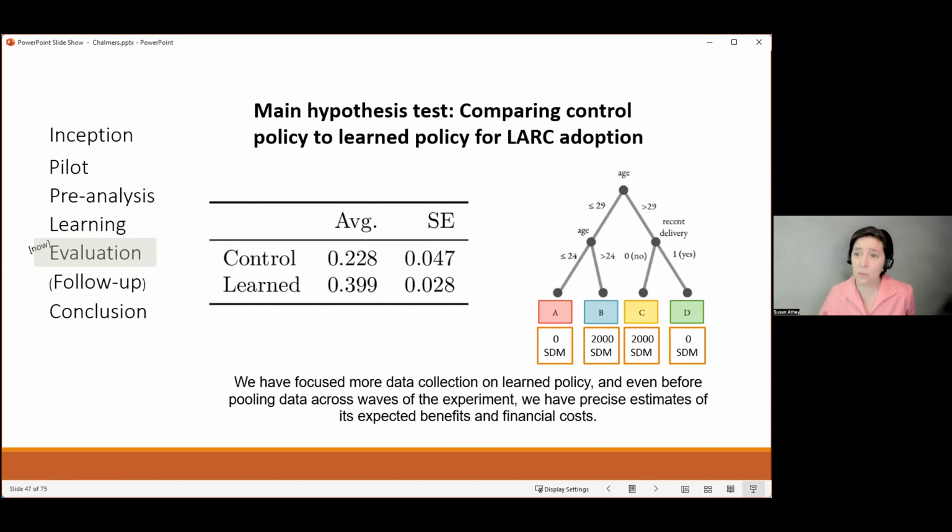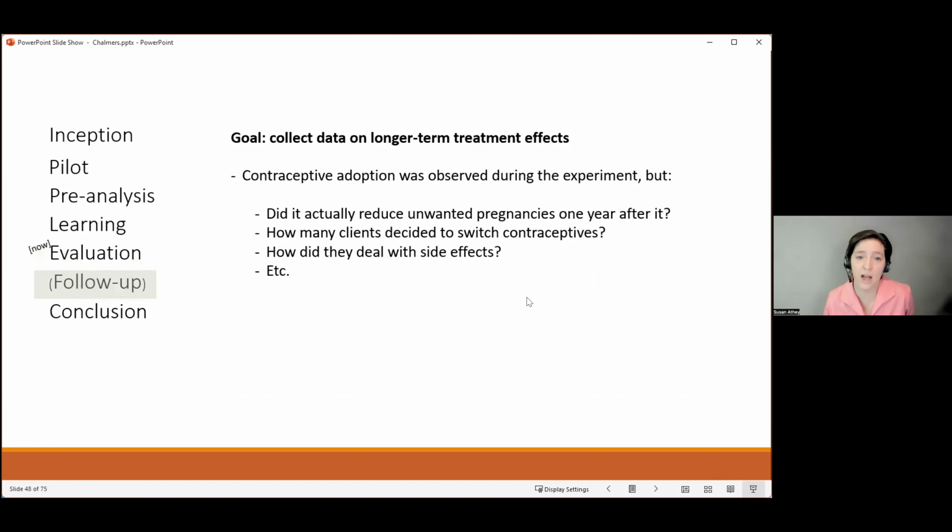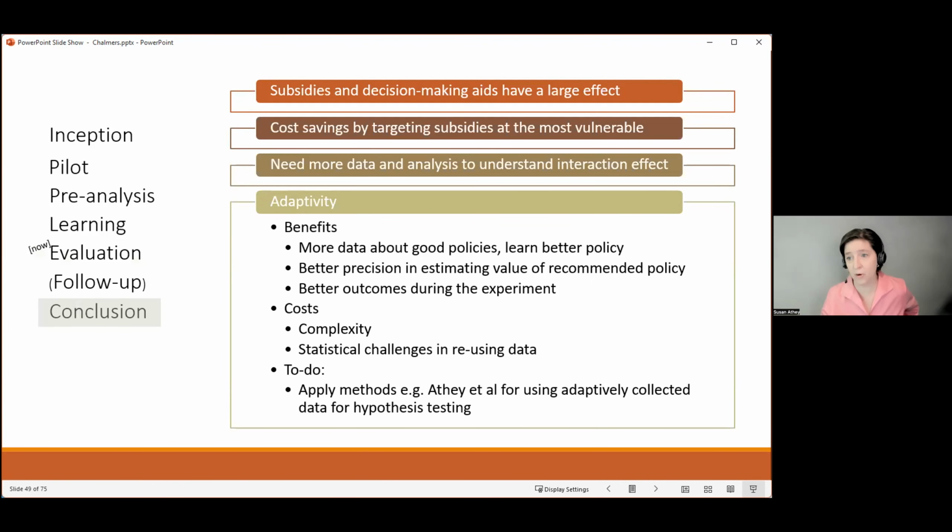Now, you might want to go back and say, well, I'd like to separate out what about the discounts versus what about the app? And we will do that, although we're not as well powered to do that, because remember, in the last phase of this experiment, we were really focusing in on two alternatives, control versus a targeted policy. And you can see we have these very tight standard errors around the learned policy. So the benefit of this is that we really gathered a lot of data about the thing that we would recommend implementing, at the expense that we didn't gather enough data to test other hypotheses.